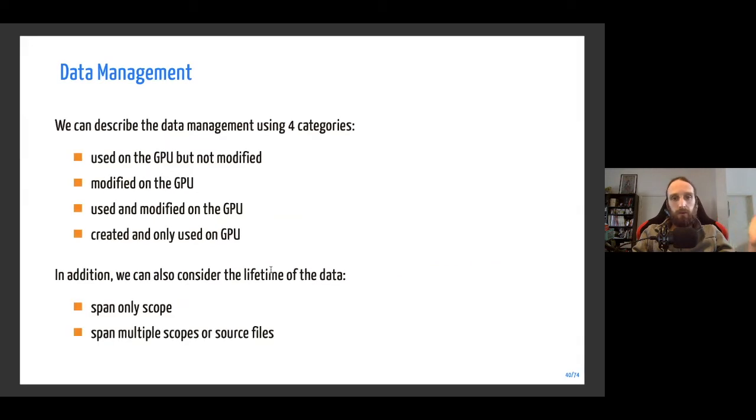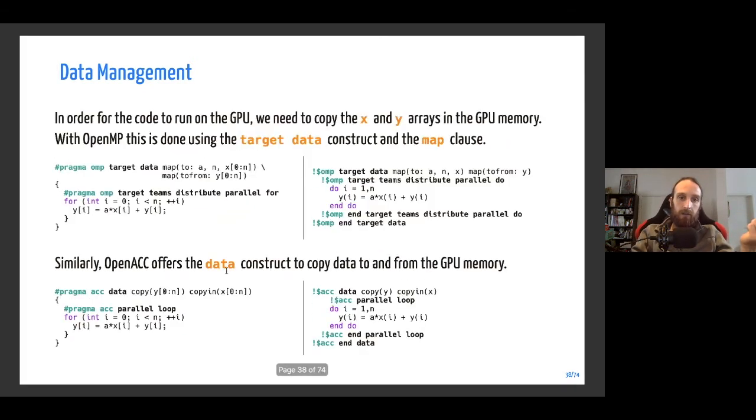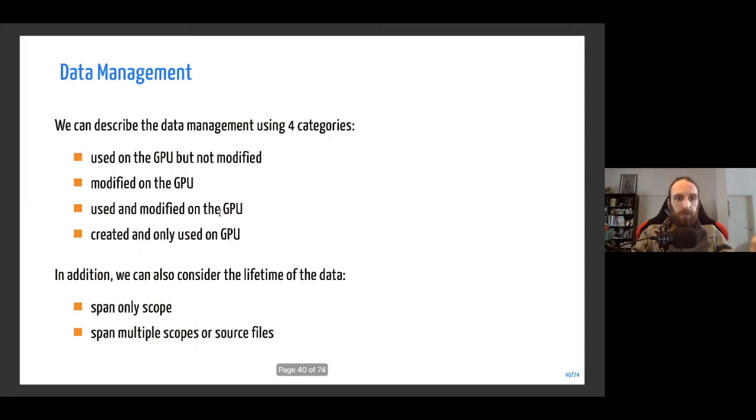And you can divide this kind of operation into 4 categories. First, data that you will need on the GPU but will not be modified. This is the case that we had with our X. The X array in this case will just be used on the GPU but not modified.